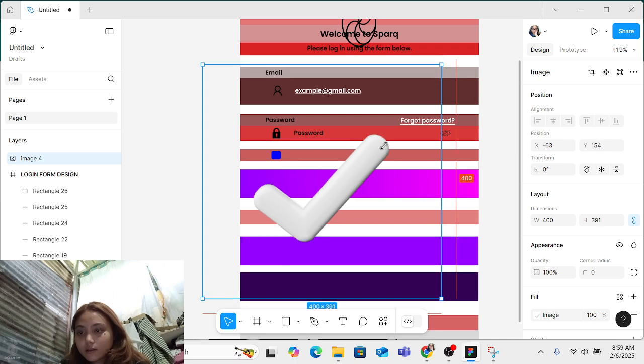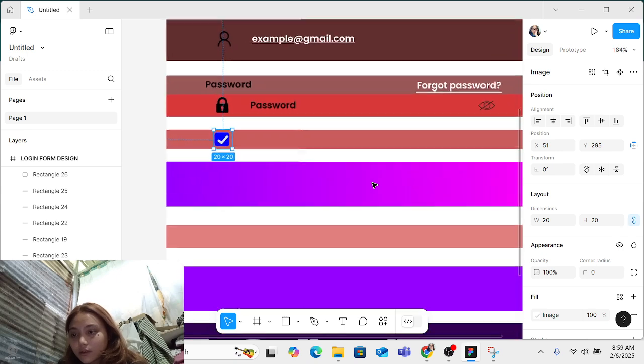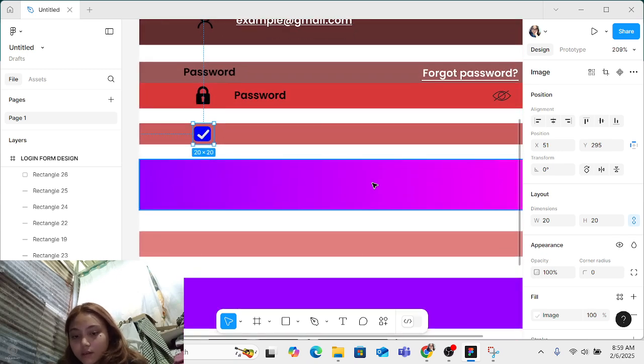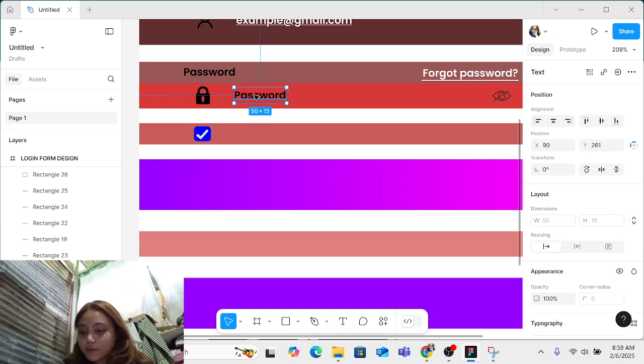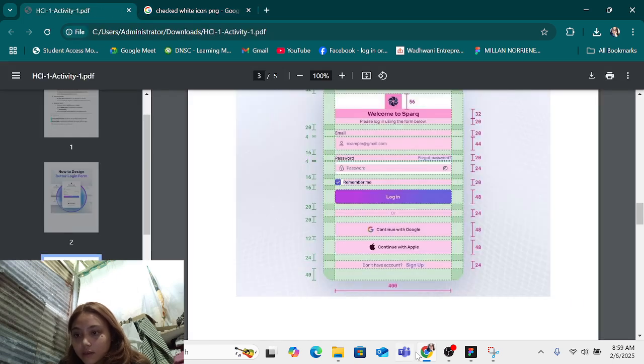Wait. So resize it to our design size. And yes. So let's copy this and paste it right there.